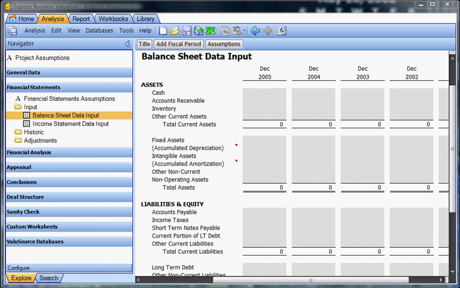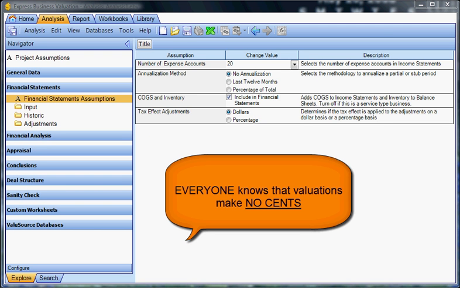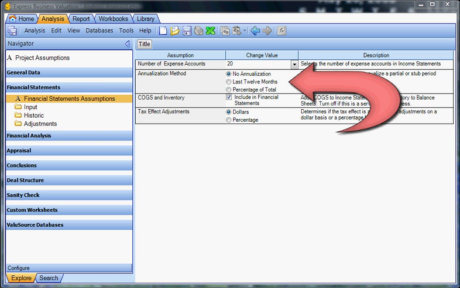This is the Chart of Accounts tutorial and covers how to use the detailed financial statements in the program. There are a number of assumptions under the financial statement that impact the financial statements. These financial statements are intended to be input using whole dollars only. If you have a partial period, the financial statement assumptions is where you select how you want to annualize the